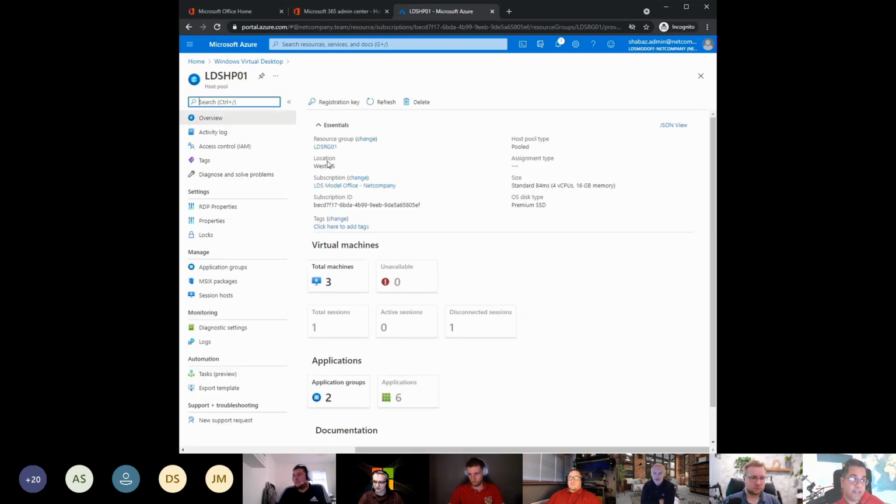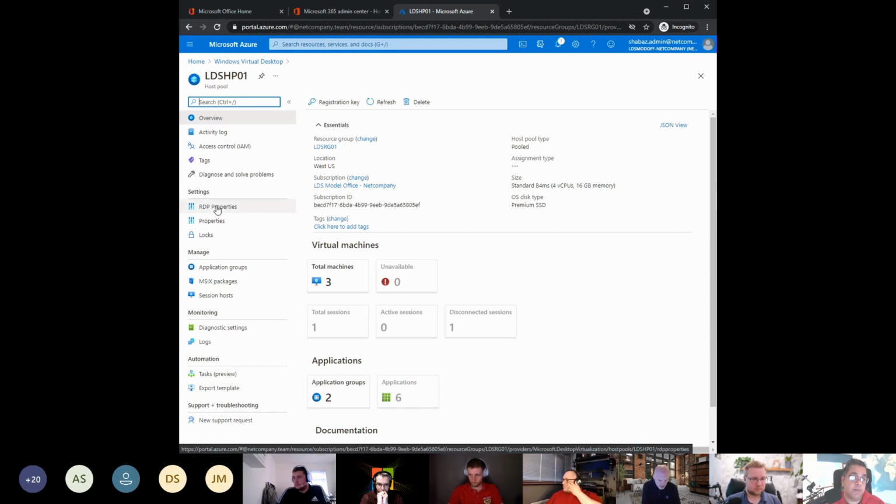One thing to note, you probably saw there, the location is West US. That isn't the location of any of my actual infrastructure. That's just the location where the metadata is stored. No UK regions are supported yet with WVD metadata. North Europe, I believe, came into support earlier this year, but at the moment it's the States and North Europe. So if you have any policies within your tenant that prohibit you from provisioning outside the UK, it's one thing to know that at the moment WVD only supports North Europe as the closest. But again, it's not any infrastructure, it's essentially the metadata.